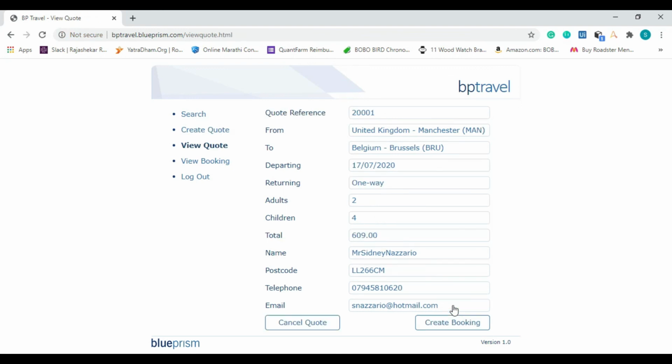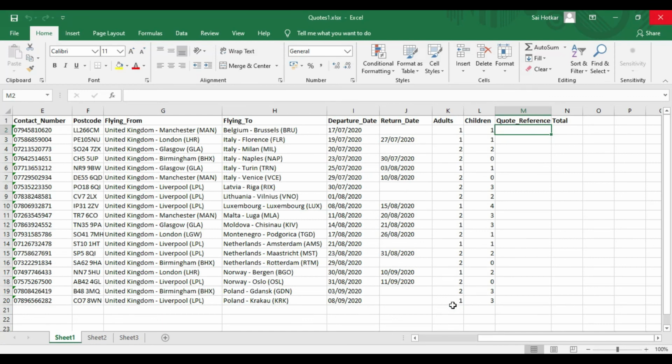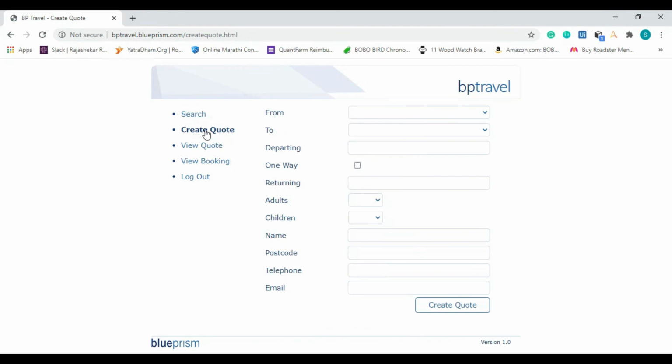After creating the quote, it will store the quote reference and total into our Excel file. And again it clicked on the create quote. Likewise, it will work the same for all the values.